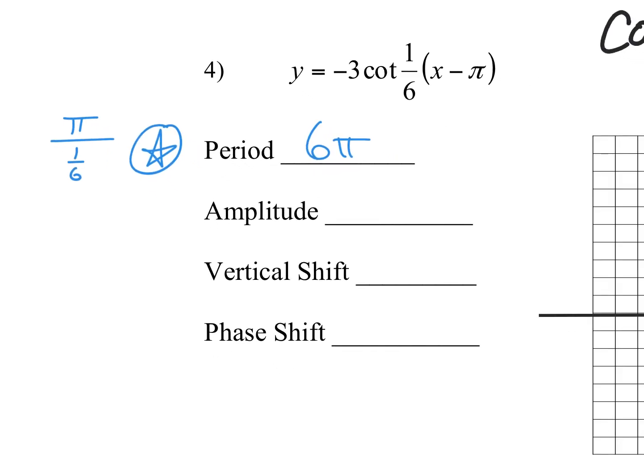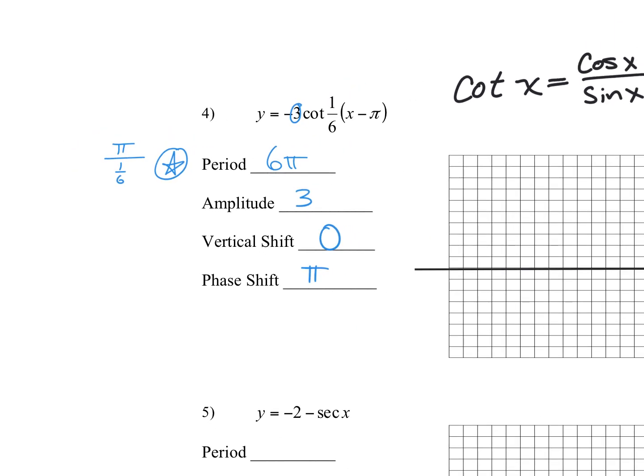Our amplitude is the same as what we would see in any other function. It's the absolute value of the leading coefficient multiplying times the trig function. We don't have a vertical shift here, and we do have a phase shift. We move one pi units to the right. So let's go ahead and set up